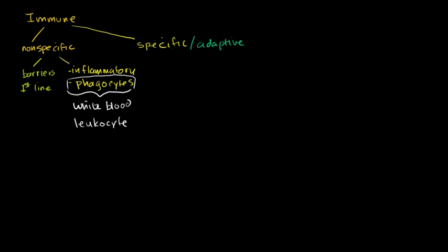But the main actors here are called lymphocytes, not to be confused with leukocytes, because they still are leukocytes. So let me write this down. Lymphocytes. So these are the main actors. And these are specific. Phagocytes, for the most part, are non-specific. But both of these are white blood cells. Lymphocytes are another type of white blood cell or a leukocyte. Don't want to confuse you with this convoluted diagram, but I just want to make the terminology clear.